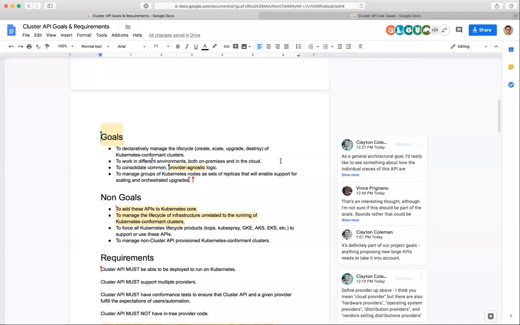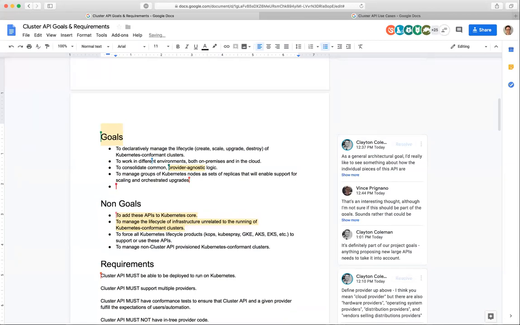We should find a way to work well with Node Problem Detector. Even though I think it's superfluous, given the conversations, I think it's totally needed. Yes, it's a shortcut, exactly. All right, what was the wording you had for those? Do we want to do it as a goal or a non-goal?